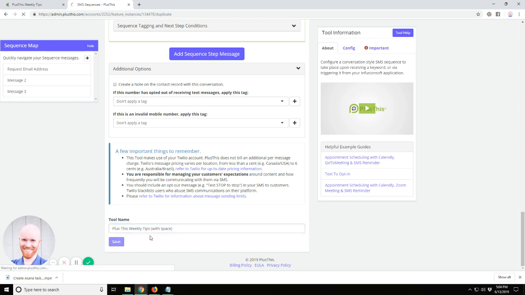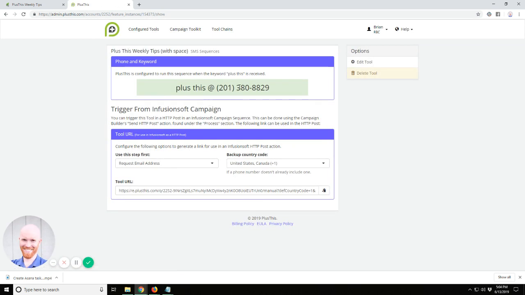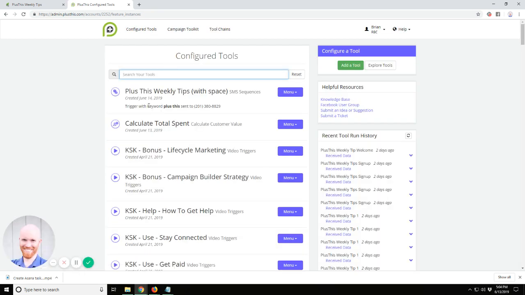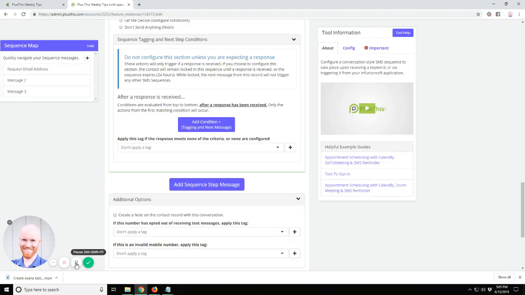So that way I'll just know when I'm looking at this, hey, that's what this is set up for. Now it's the same phone number because I just copied it, right? And it's +this. So now that right there should work. When I go back to Configure Tools, now it's showing up right here, triggered with the keyword +this sent to. There we go. Now, when someone shows up, I'll be able to still get them that sent out.